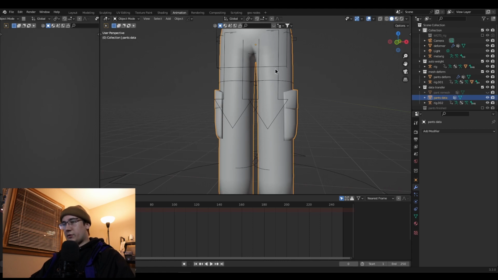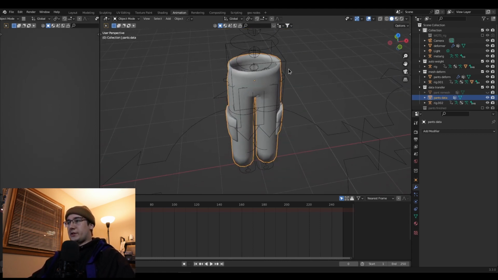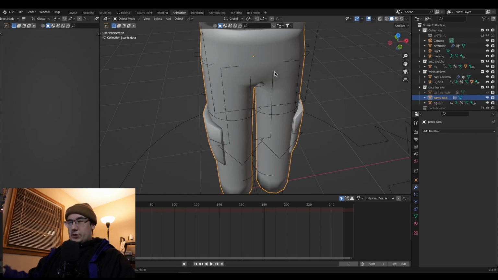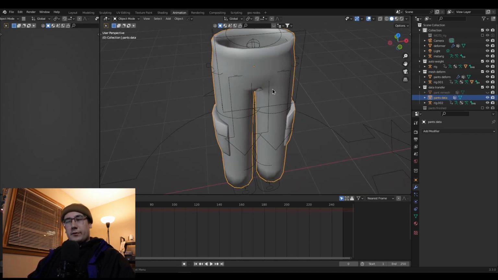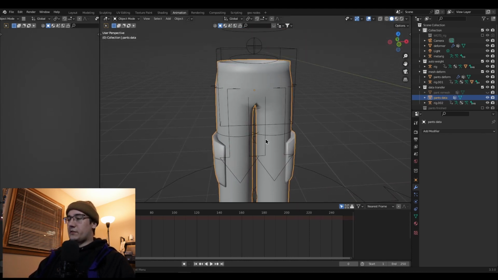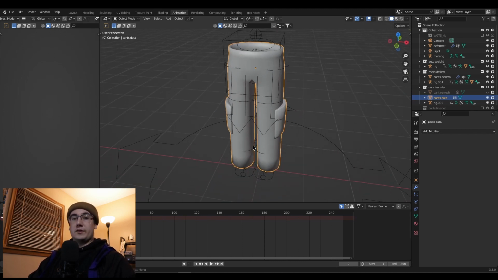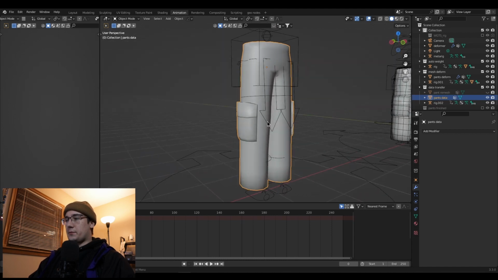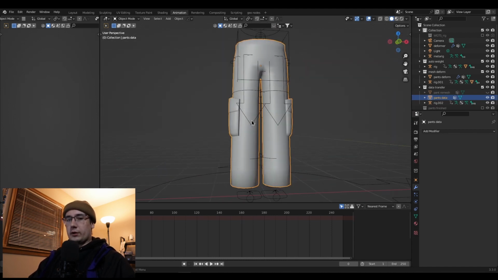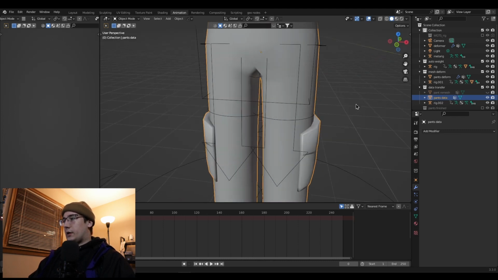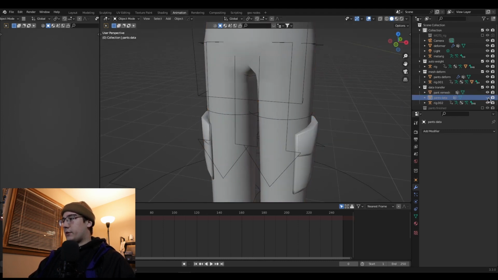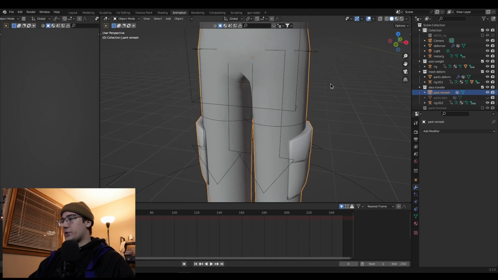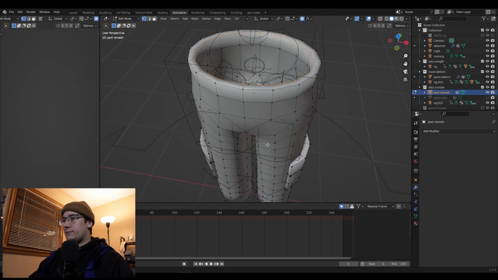So you're going to start with your original object, and there's a couple of ways to do this. I'm just going to go through the easiest way that I think of for doing this, because essentially the weird part about this process is the remeshing, because we're going to want to make a little more accurate of a dummy object to get these weights on. So I actually have a duplicate here called pant remesh, and I'm going to go in here,